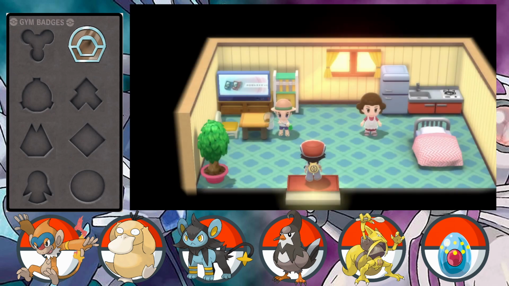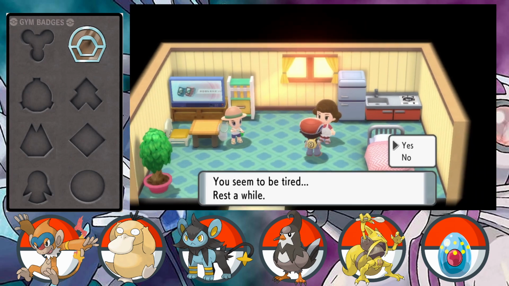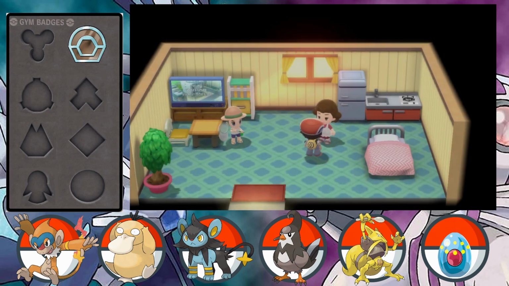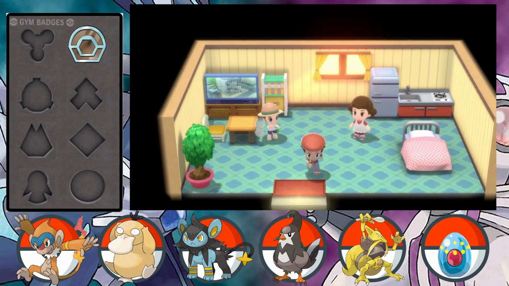Within this house, there's nothing to be seen. There's just one bug catcher talking about Eternal Forest. And then there's this lady here who will fully heal your Pokemon in advance of proceeding to the next route. So if you speak to her, she'll heal everything up. Coming out of here,